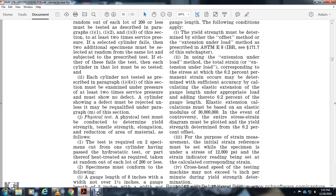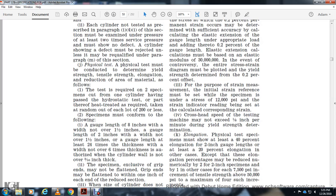Physical tests must be conducted to determine the yield strength, tensile strength, elongation, and reduction in area of the material. The test is required with 2 specimens cut from 1 cylinder, passed through the hydrostatic test and heat treated, at a random rate of 1 out of each lot of 200 or less. Specimens must conform with the following: gauge length of 8 inches with width not over 1.5 inches,